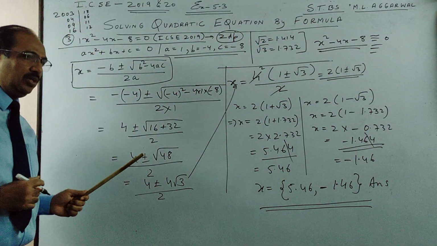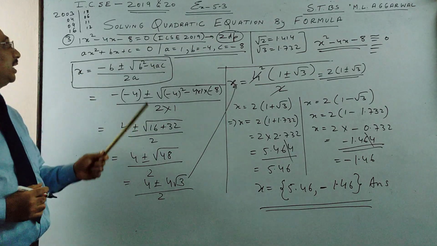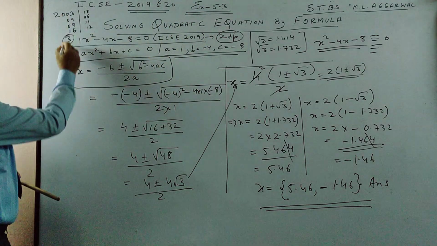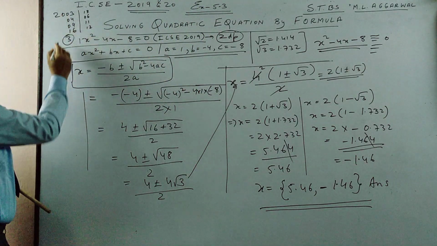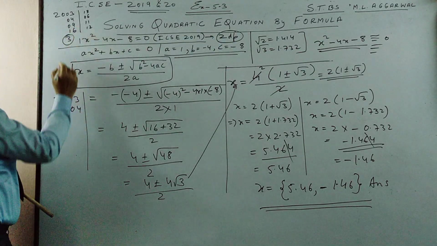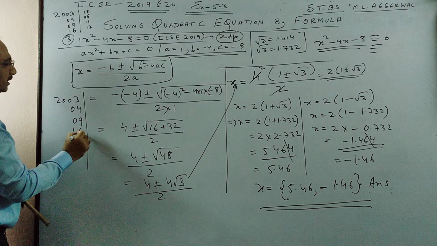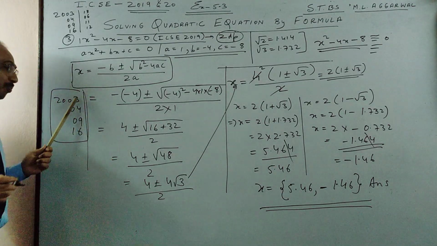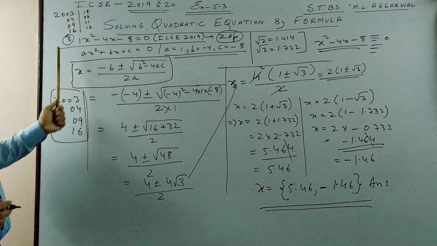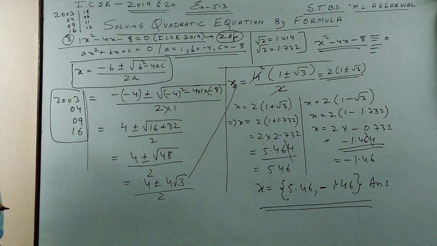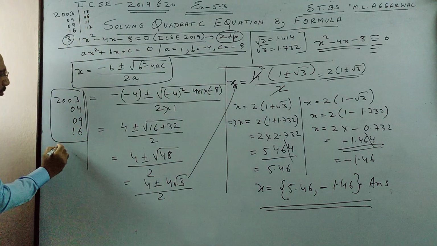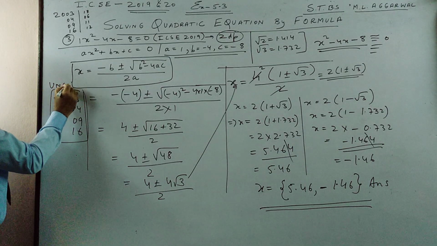So please pause the video and copy. And last thing before I end, ML Aggarwal exercise 5.3 has all these solved questions. So you will see 2003 is solved, 2004 is solved, 9 is solved, and 16 is solved for you. So please solve again, then you will understand the concept. So there are very good 4 solved examples, and there are 4 unsolved. So the 4 unsolved ones you will see, they are 2000, so this is unsolved.